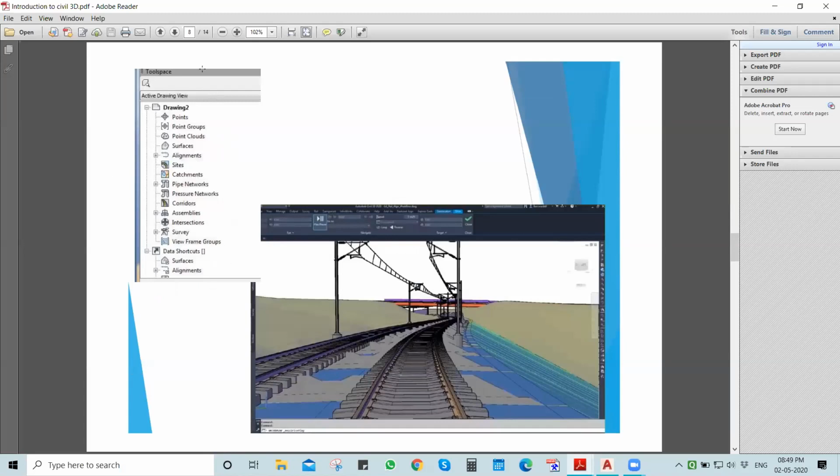Tools which we are going to cover in our training session. So when you get data from the surveyor, from the clients in the company: points, point groups, point clouds. These are the tools which help you to design on your own. This is the typical image for the rail assemblies we design in the software. It is not just a rendering image, it contains all technical data.